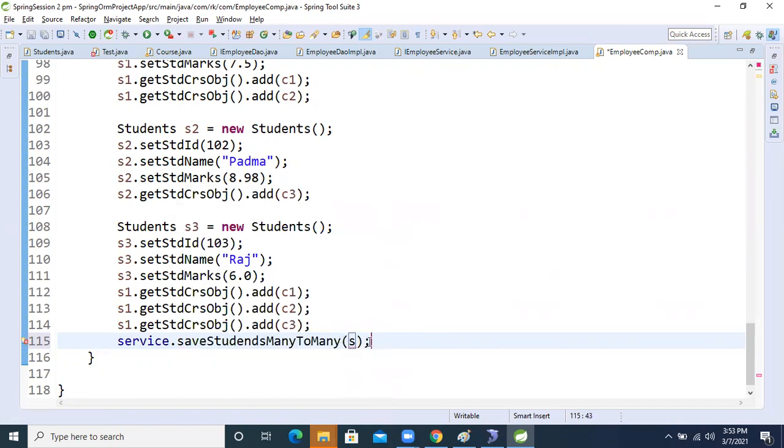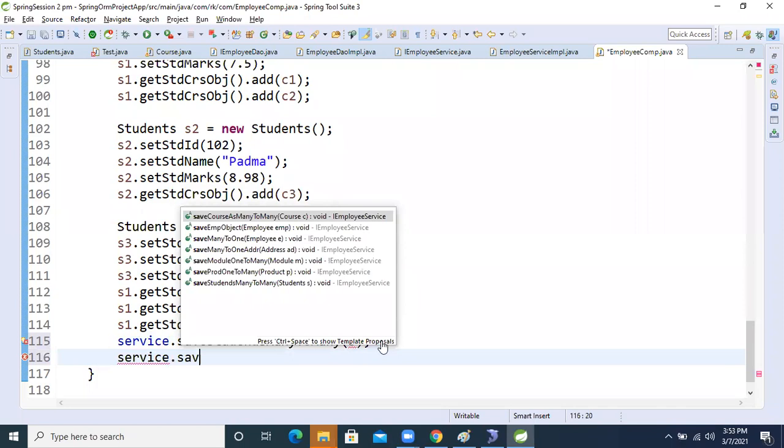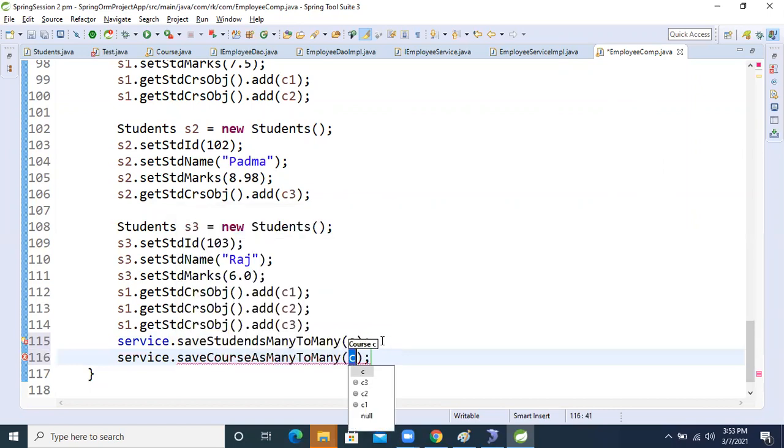After that, another method, service dot save course. These two methods we will call.